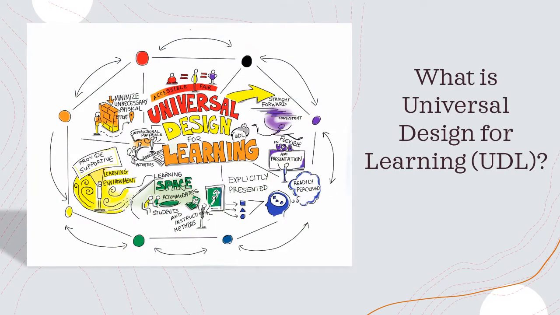Now, before I begin talking about the utilization of UDL and how I would use it within my personal classroom, or how it has benefited students that are considered at risk, I want to talk about the definition of UDL. So UDL, or Universal Design for Learning, is defined as a pedagogical framework. It uses different approaches to teach all students that they can learn in separate ways. An educator must provide equitable educational opportunities to be able to reach out for each and every student.